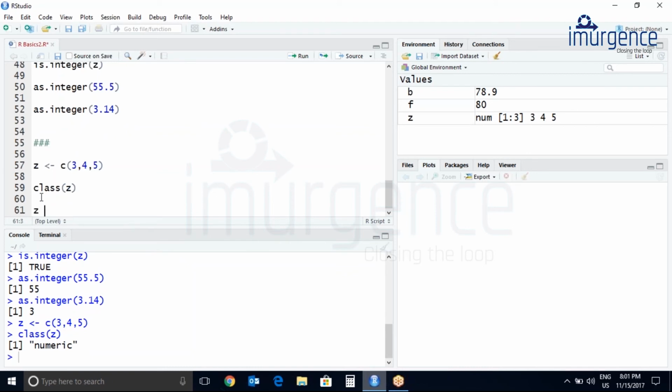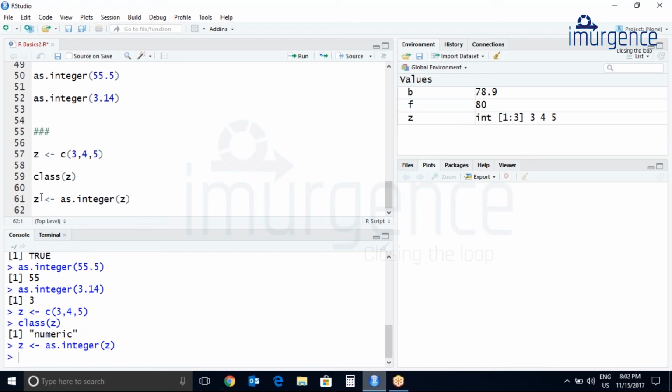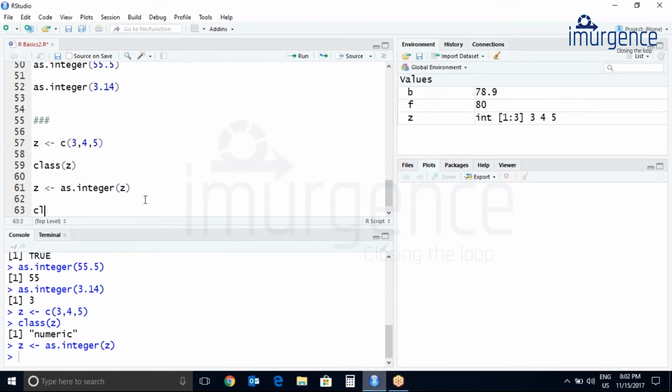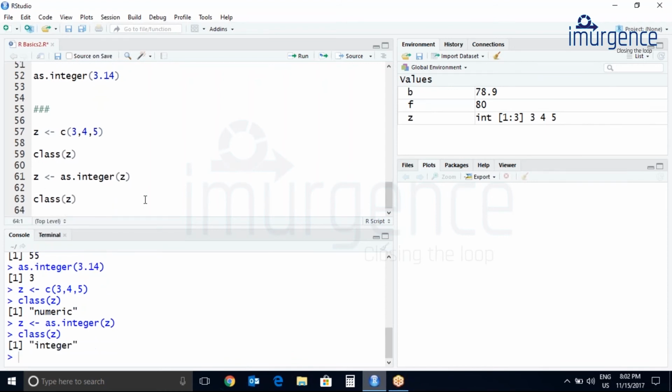Let's convert this vector to integer. Here you can see earlier it was numeric and now it has been changed from numeric to an integer. Let's check the class again. Yes, this is an integer.